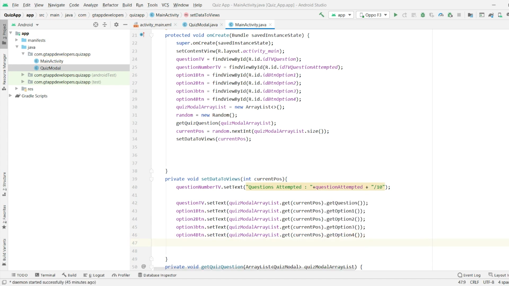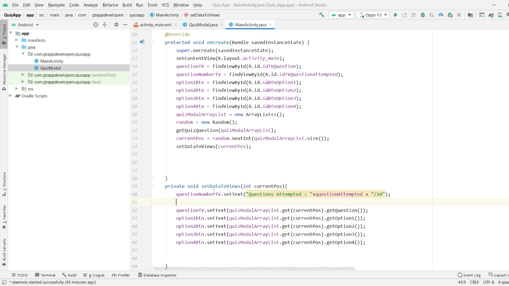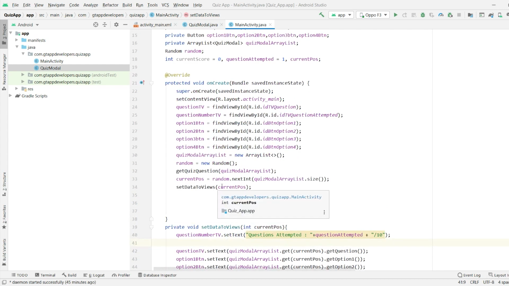Now we have set the data. After that we have called this method here.